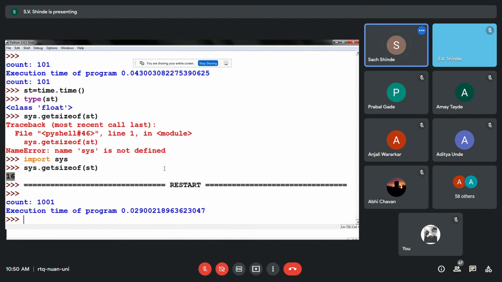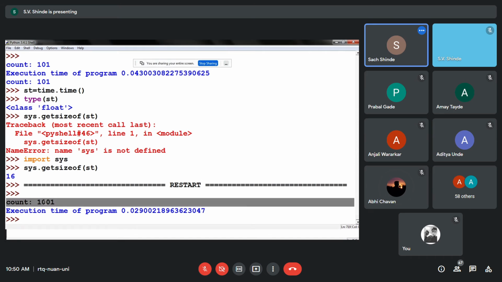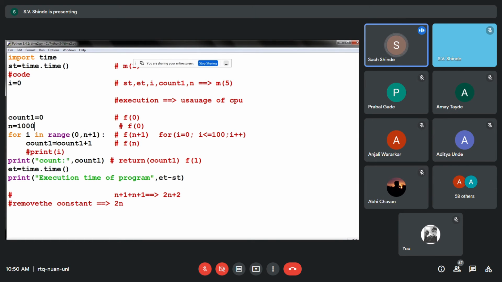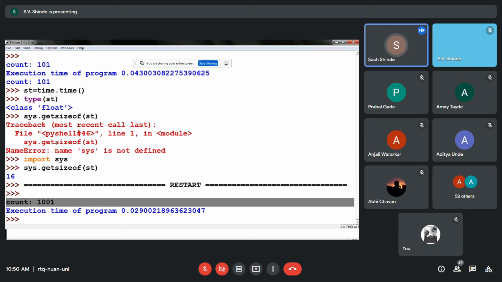It took about 0.290. Just imagine we are looking at the count. Now let us increase the count further. That means my program is going bigger and bigger. This is called the growth function, where your program is doing higher work. Let us see how much time it will require.